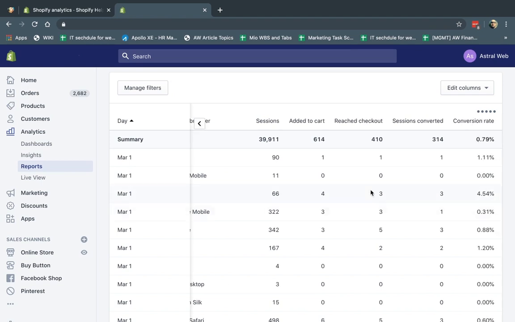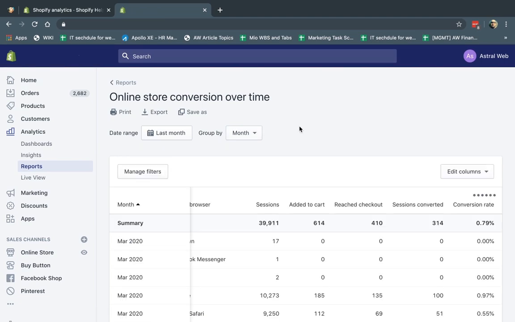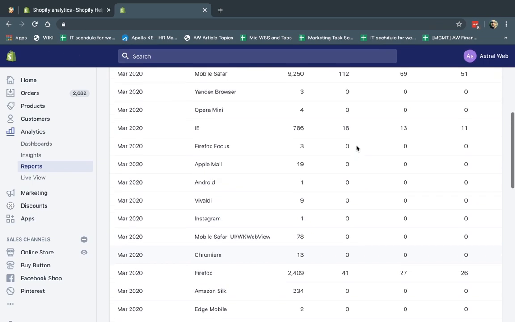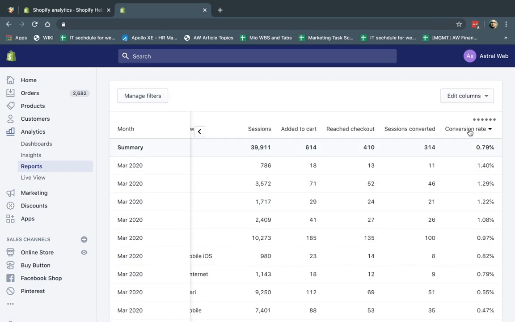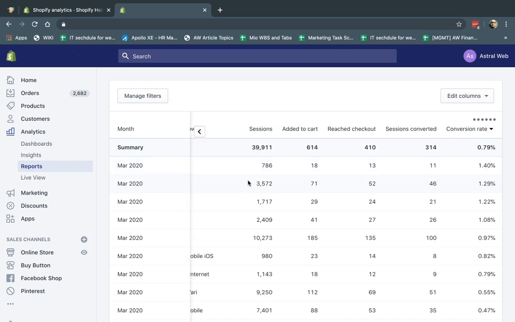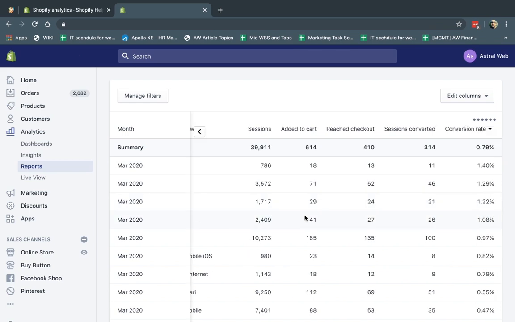And now I can start to figure out, let me go here and change instead of day, I want to change to month. So I don't have too many rows. I don't want thousands of rows, right? So now I can see for the entire month of March, let's sort it out. I'm going to click here. I'm going to sort by highest to lowest, or I can sort by lowest to highest, right? You can do that. And I can see my highest conversion rate was from IE, Internet Explorer, then Safari, then Edge, then Firefox, etc. So I can start looking at the data, figuring out the good sides, the bad sides. What can I improve and what can I double down on, right?